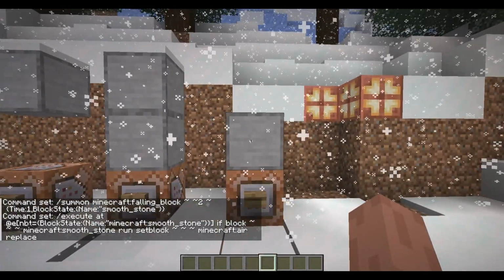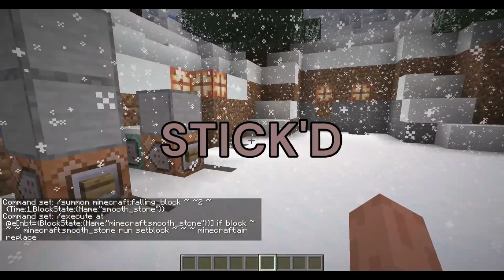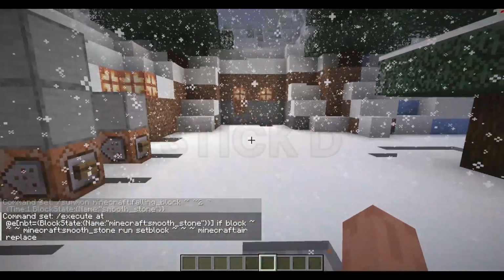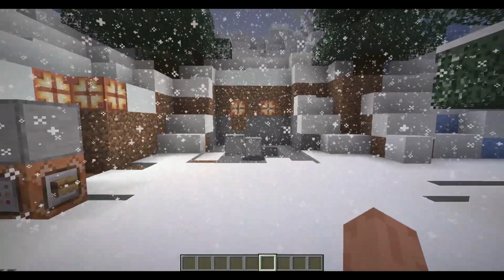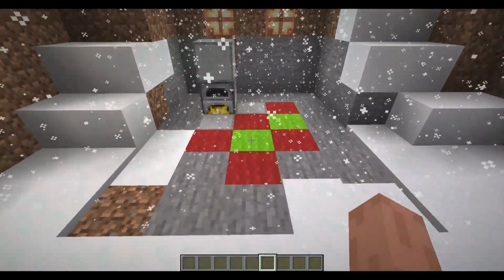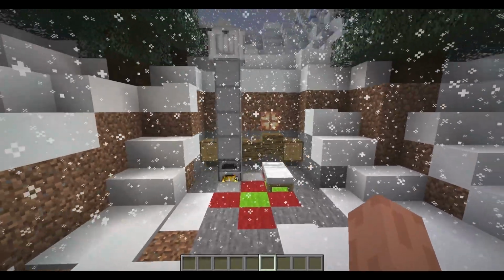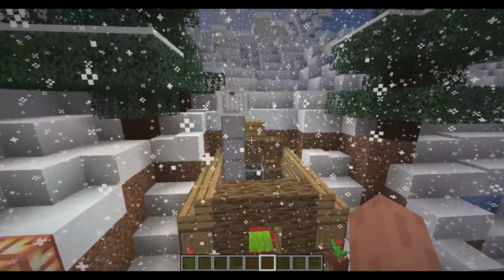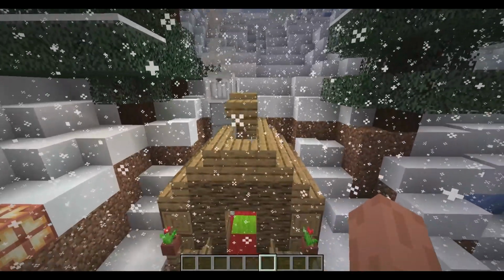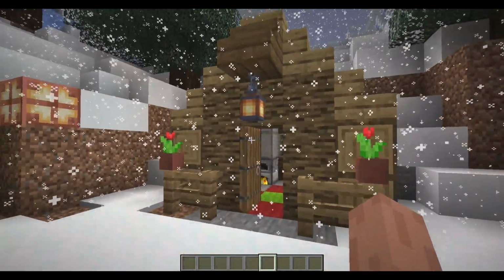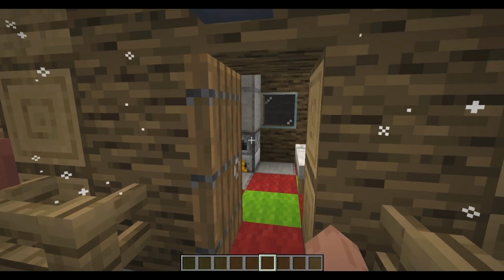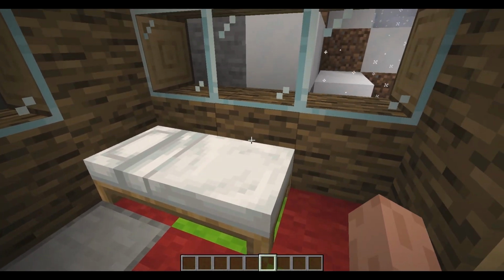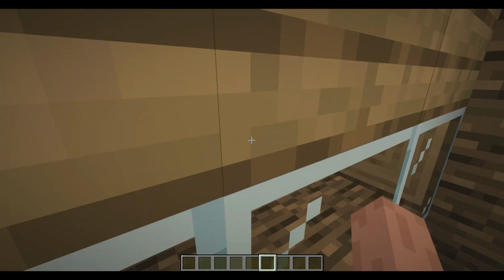Just like that. So guys, if you sticked around, watch this. This is pretty cool. So we have all this appearing out of nowhere, but I call this a pop-up house. It is really cool, and you got your door, and you can go right in. It's nice and cozy. Not much to see though,